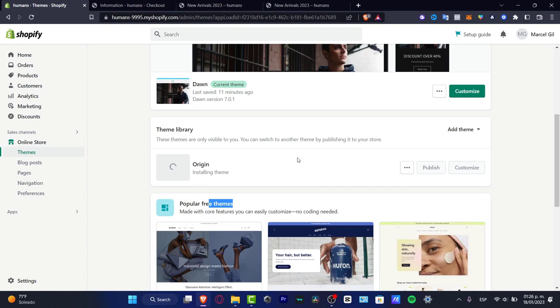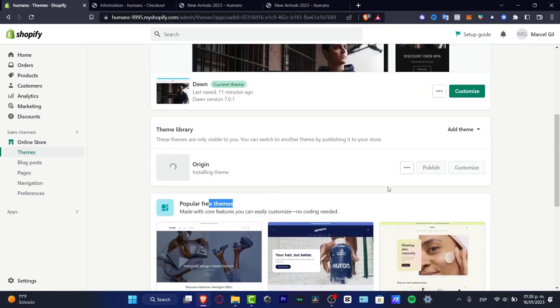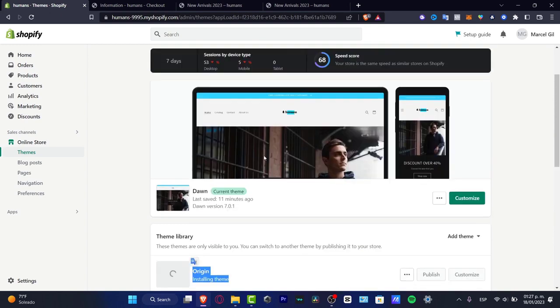So what I can do is to edit this theme as well as this theme. But if you want to change from one theme into another, what you want to do is to hit customize, and then you can go into publish. So this one is going to be, let's say, making the merge between this one and the other one. You don't have to worry about the content, because all the content you're going to be doing outside the